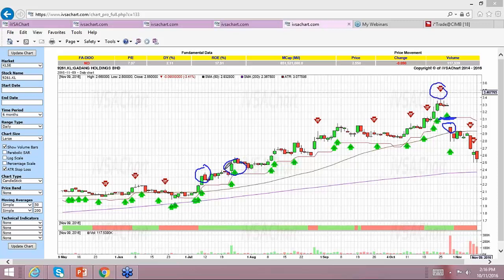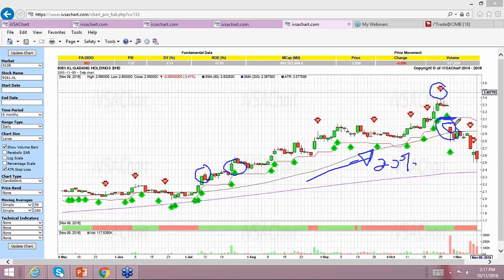Now, when we talk about VSA, we are talking about early entry rather than entering only when the market has already rallied. So this is early entry. We are talking about more than 20% profit already. Now, if you ask me, Julius, when to enter this stock, well, I would continue to observe